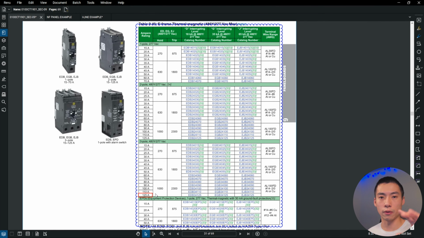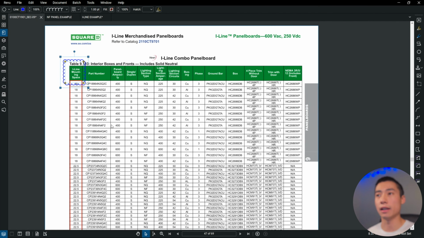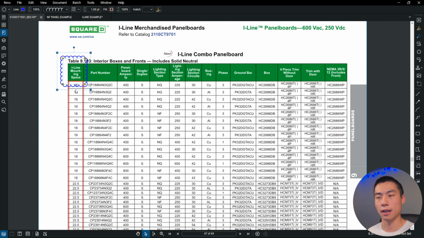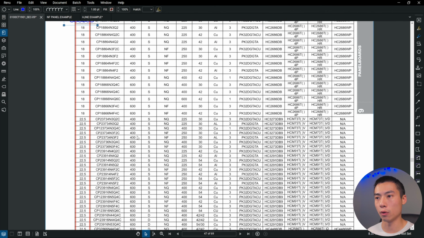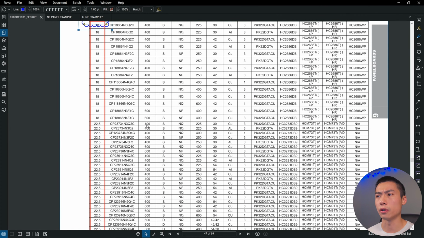So that's why we had to switch over to the I-line panel. When you switch over to the I-line panel, we'll jump down here. Here's the I-line panel. You'll see that it says I-line mounting space, and that's in inches. So we suddenly have 18 inches of space to play with. Actually, I think we did like 400, or was it 600? Oh no, here, 400. Yeah, we selected copper, and so 400, we got up to 22 and a half inches